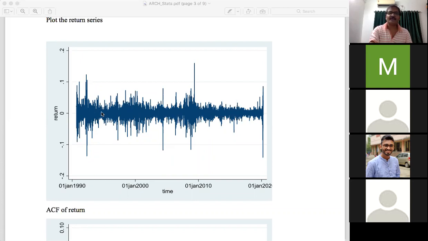When the variance of a time series is not constant, it is called a heteroscedastic model. Normally, in carrying out any kind of linear regression model, we assume homoscedastic variance, that is, the variance of the random error is constant over time. But the shape of the return series indicates roughly that the variance of this series is not constant. So if the variance is time dependent, we have to analyze the behavior of the variance. In an ARCH and GARCH model, the basic task is to analyze the behavior